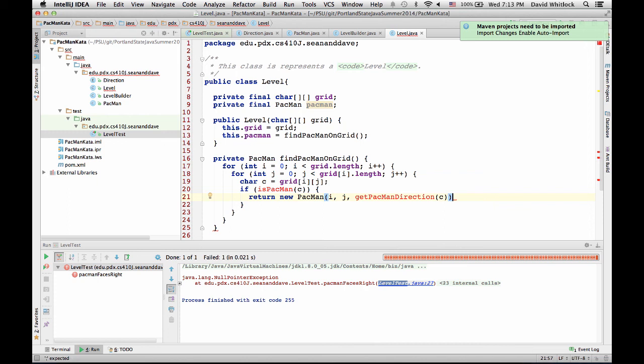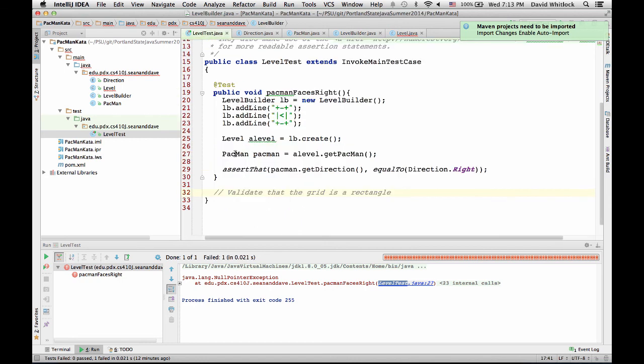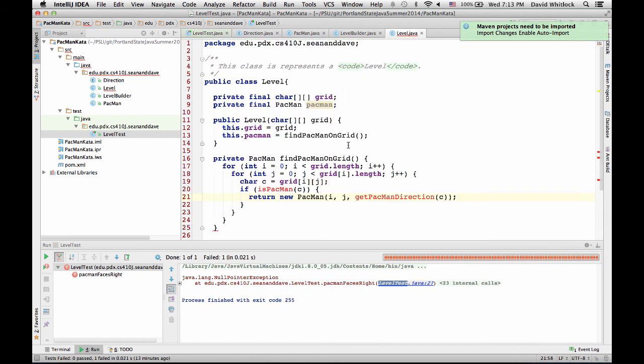But do we want to create a new Pac-Man every time we find him on the grid? Well, we're only going to find him once, right? Because we return there. Okay. Right, and it's a good point. If there are two Pac-Man, dueling Pac-Man, we do two-player mode, yeah. We can write a test for that. I'll add another note for a test. Validate a rectangle and validate that there is only one Pac-Man on the level. Good. So maybe that'll be like level builder tests or something like that. But we're getting there.